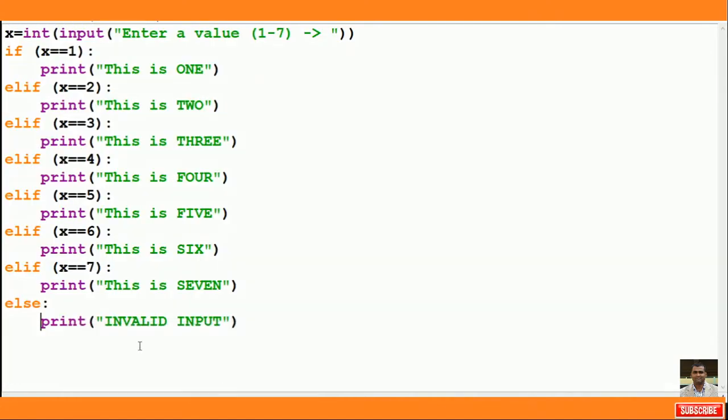So let's understand this elif command. Can you tell me, guys, which one is the variable here? What is the variable name? X is the variable. Now tell me the variable type.